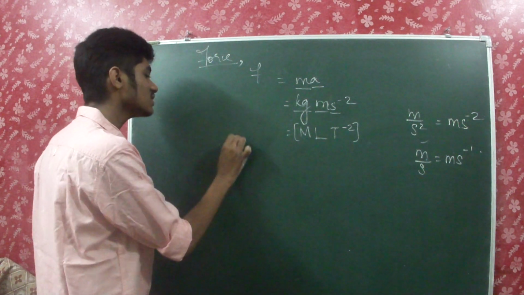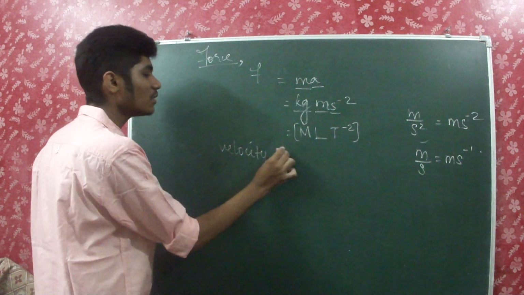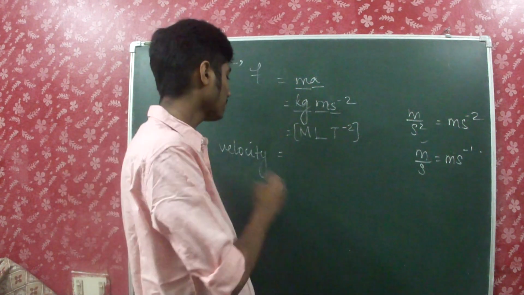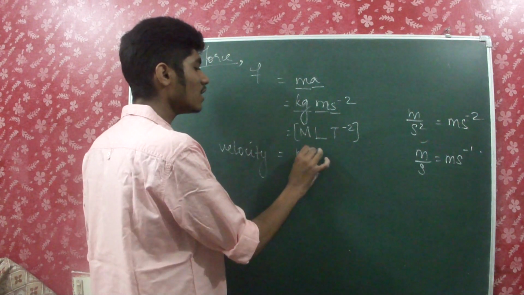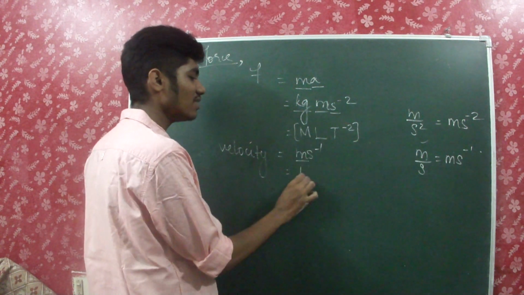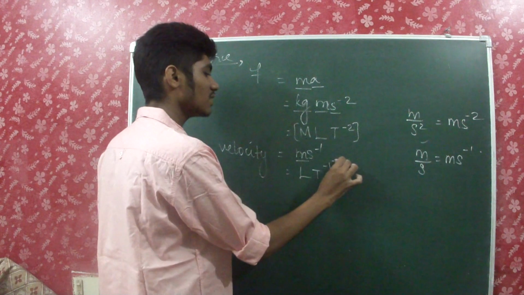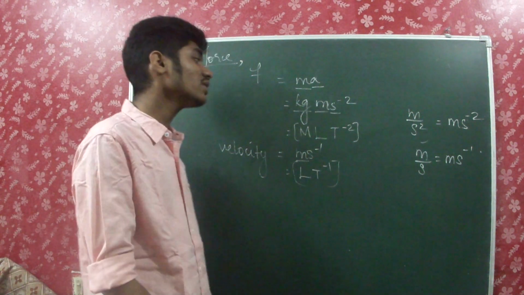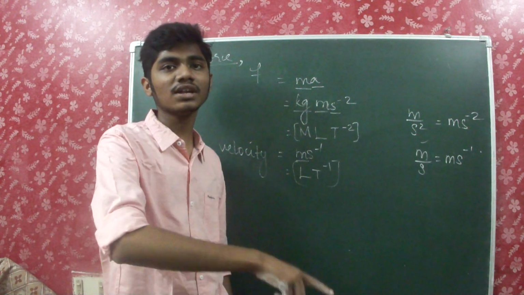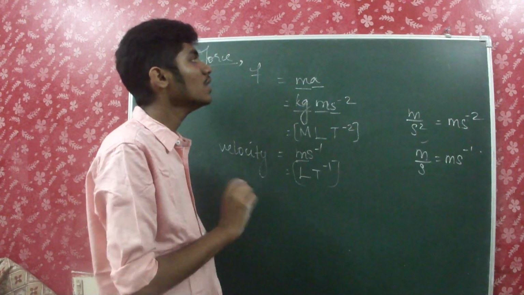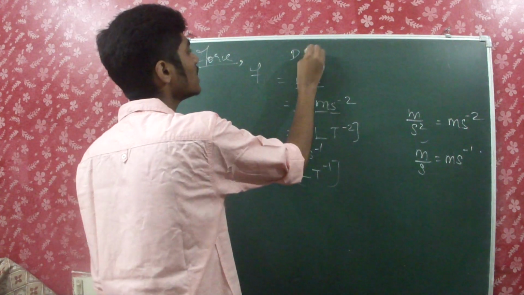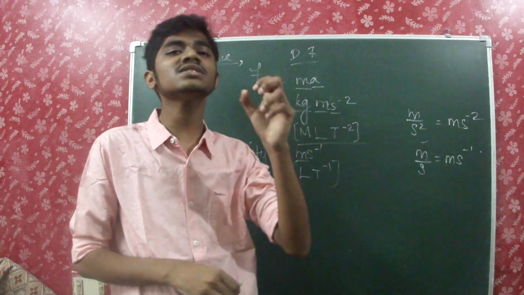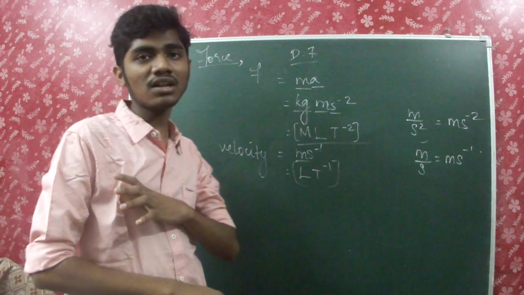Also for velocity, you should not mind whether it's initial velocity, change in velocity, or final velocity. For every velocity, what's the unit first of all? m s power minus 1. M is length and second is T power minus 1. That's it. This is the dimensional formula for velocity, whatever the velocity is. It never depends upon the magnitude. Simply, a dimensional formula is a representation in which the fundamental quantities are raised to the powers in which they appear in the derived units.